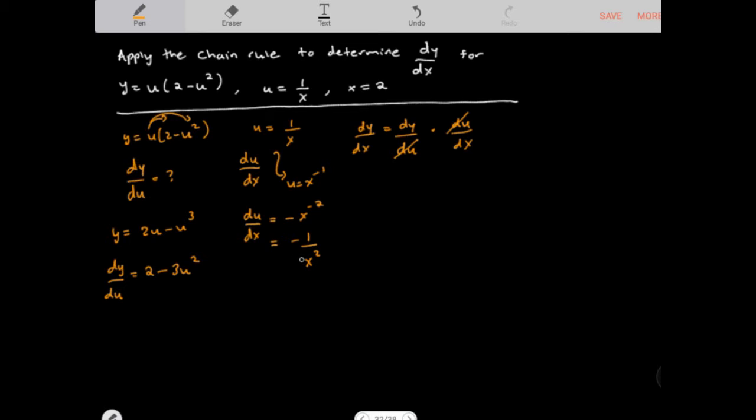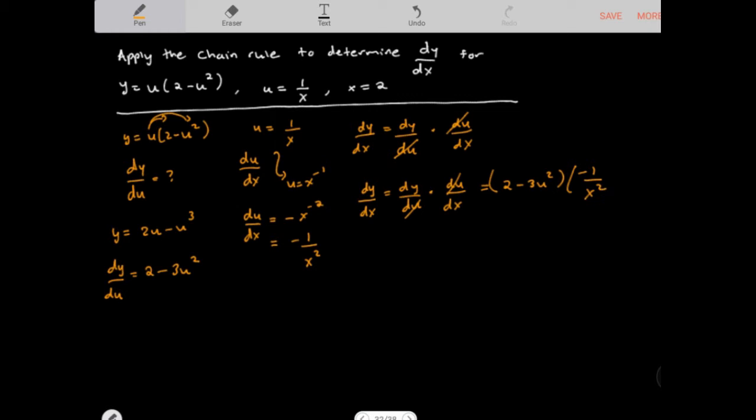And now that you have dy with respect to du and du with respect to dx, if you want to solve for dy over dx, it's equal to dy over du times du with respect to dx. These guys cancel out, and then that's going to basically be equal to 2 minus 3u squared times negative 1